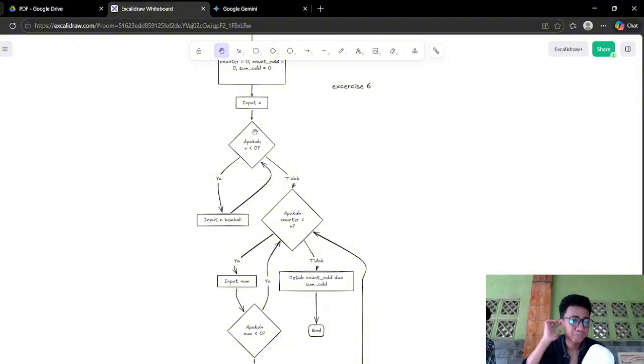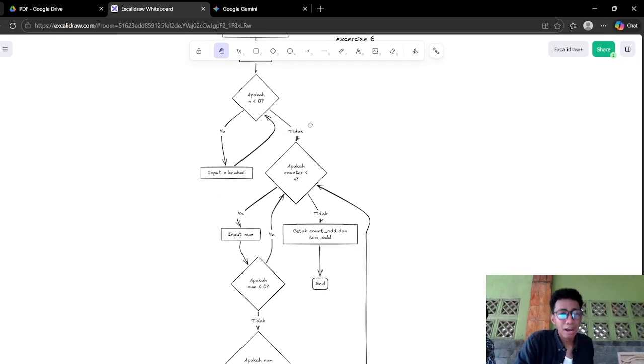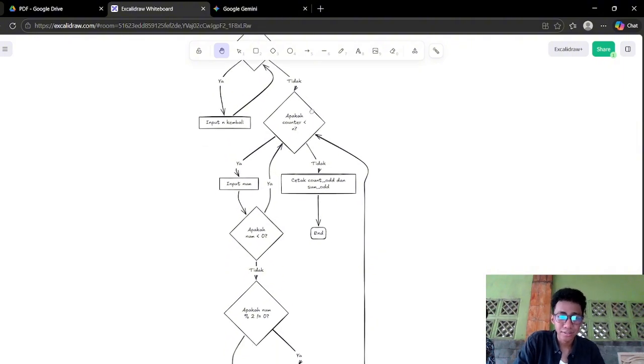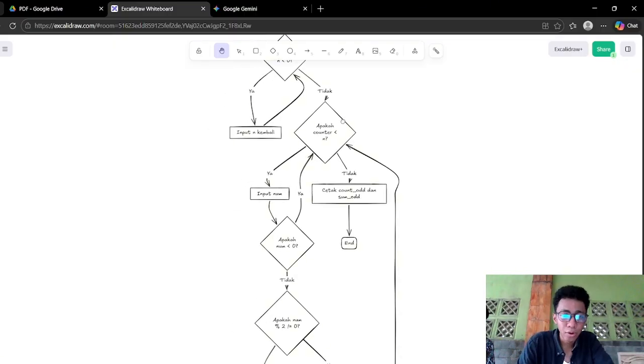If yes, we input it again, until it forces you to input a positive integer. After that, it will check whether counter is less than n. If yes, it will go here to input num and then check the num value.